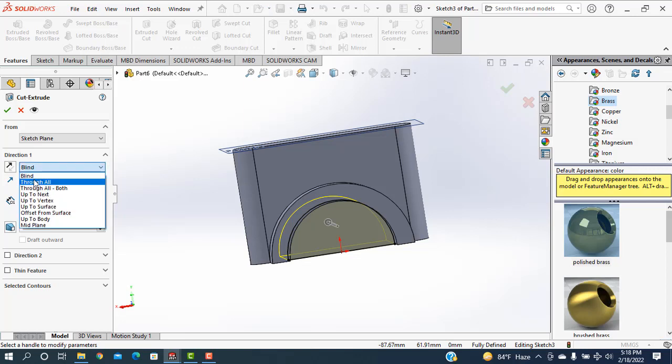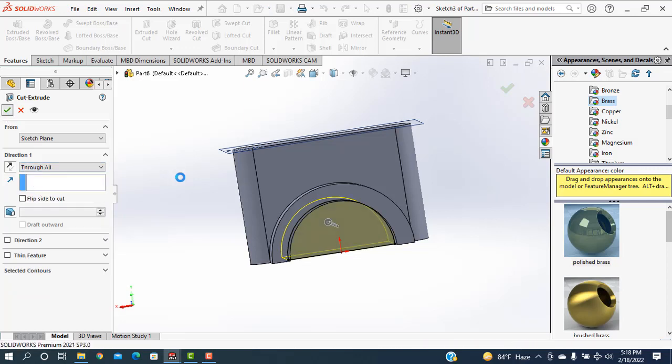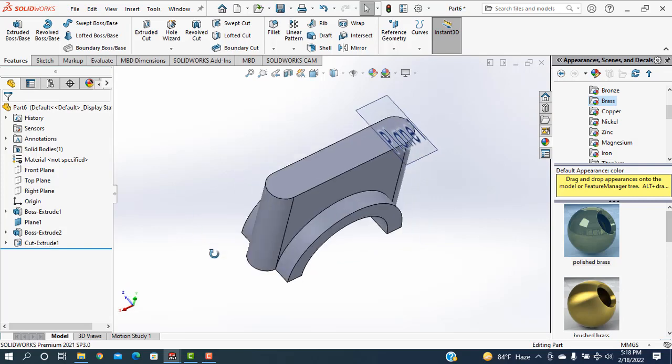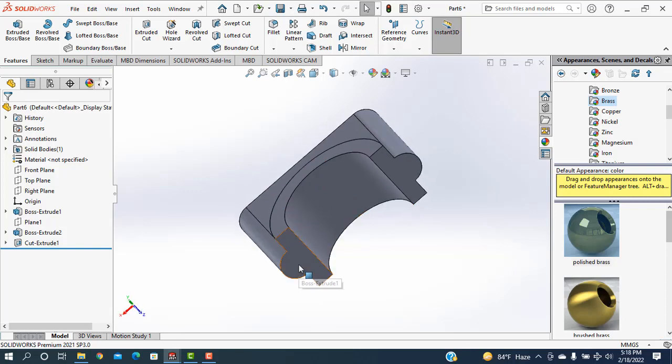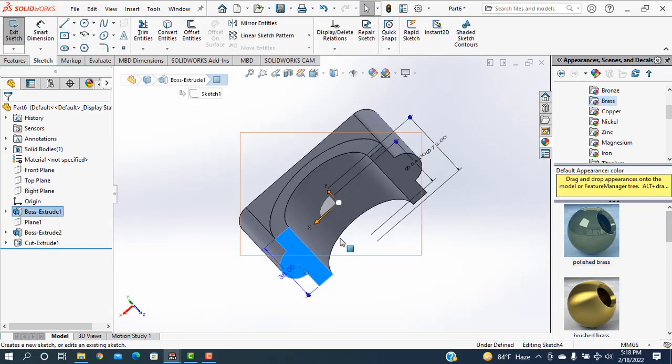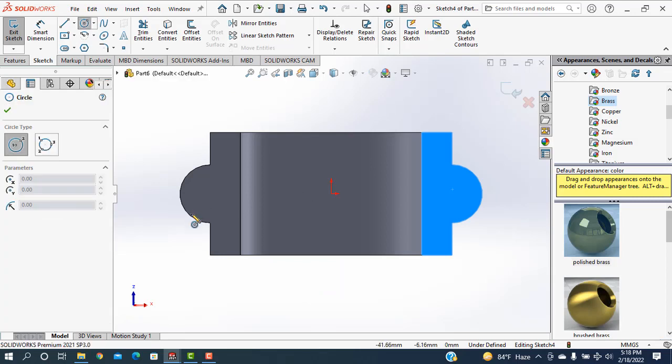Now going to the tool, okay, see, selecting this one and hide display. Then going to click here, sketch, taking a circle, sketch, circle,